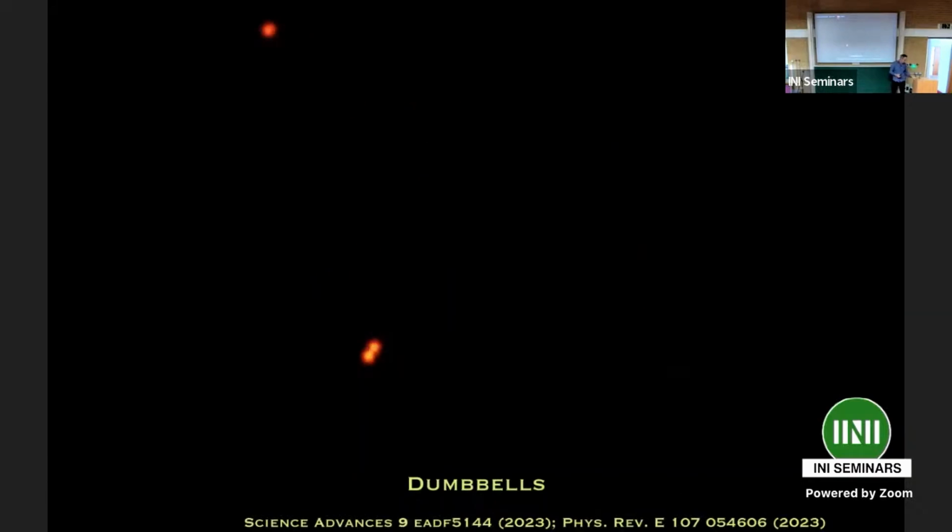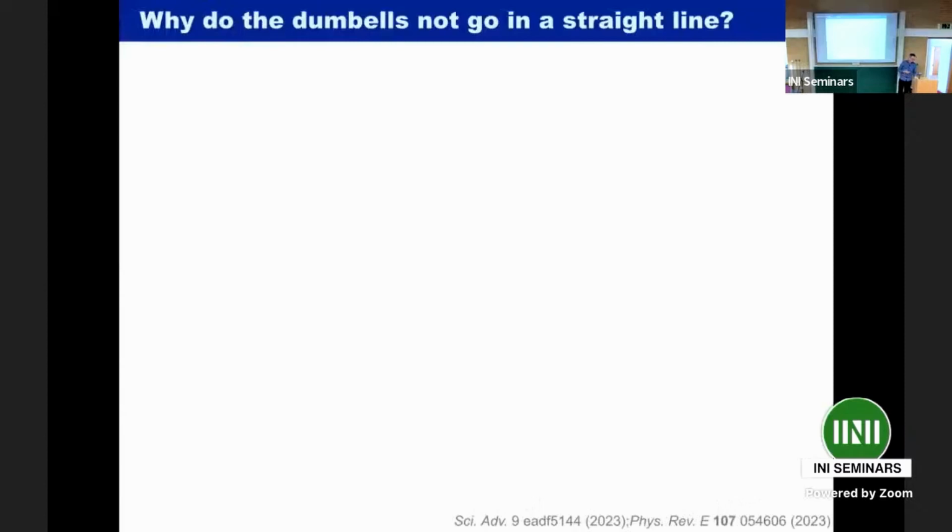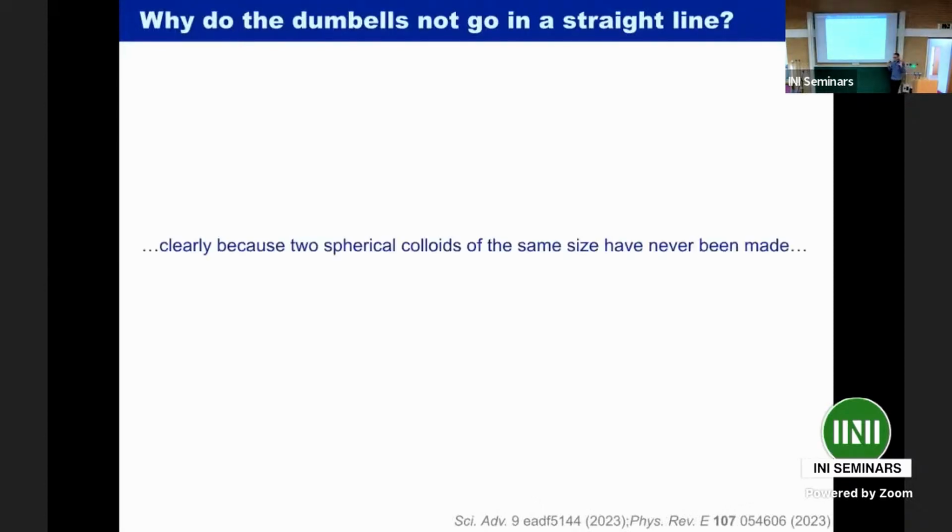And one might say, okay, that's fine. Because I've got 2 spheres, they're rotating. No colloids the same size have ever been made. So they're bound to go around in a circle because they're rolling, yet they're different sizes. So they have to go around in a circle. So that's fine. That's all straightforward. Except,